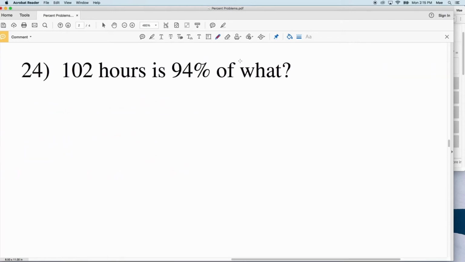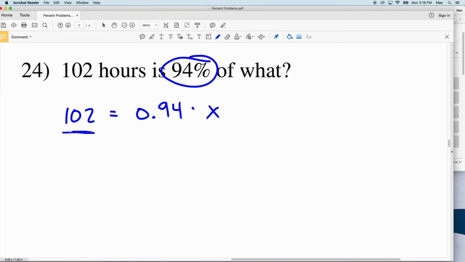And lastly, number 24. Number 24 says 102 hours is 94% of what? So we're looking at 102, and that is 94%, so converting that to a decimal, 0.94 of some number x. Now note how this percentage is less than 100%, so we know that 102 is going to be less than our x value. So when we divide both sides by 0.94,